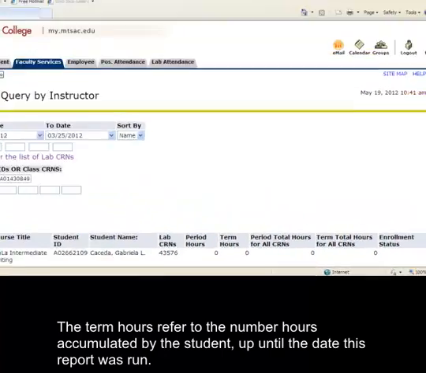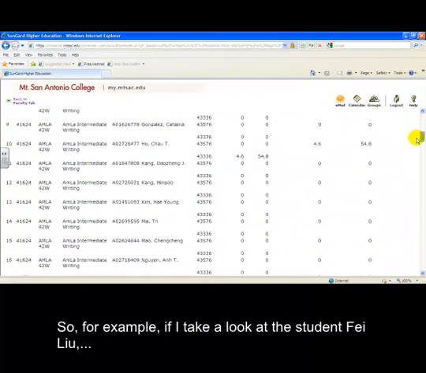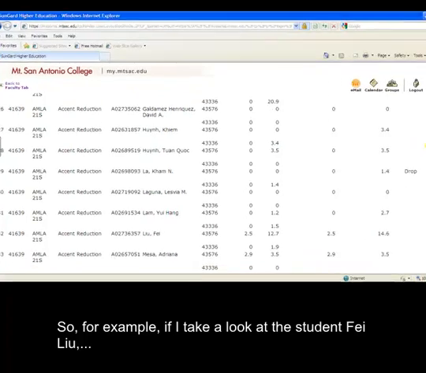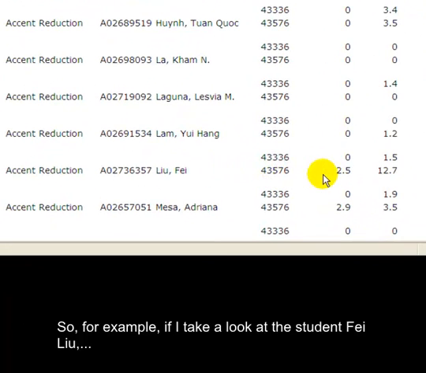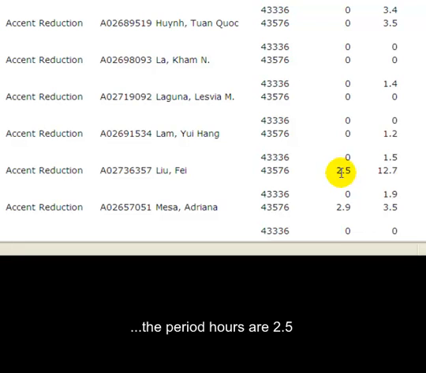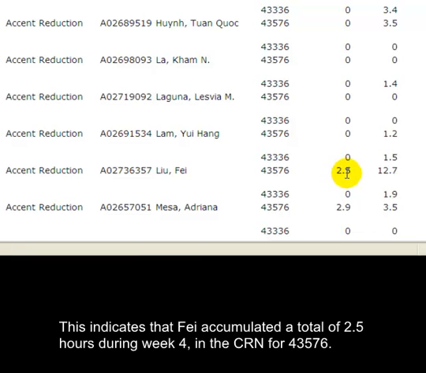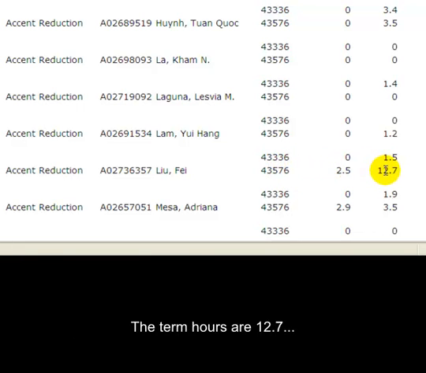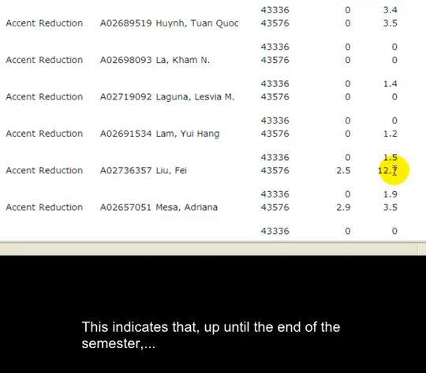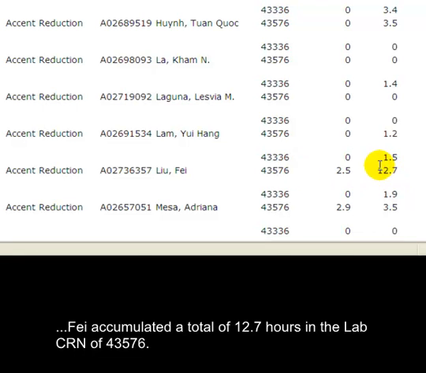So, for example, if I take a look at the student Fei Liu, the period hours are 2.5. This indicates that Fei accumulated a total of 2.5 hours during week 4 in the CRN 43576. The term hours are 12.7. This indicates that up until the end of the semester, Fei accumulated a total of 12.7 hours in the lab